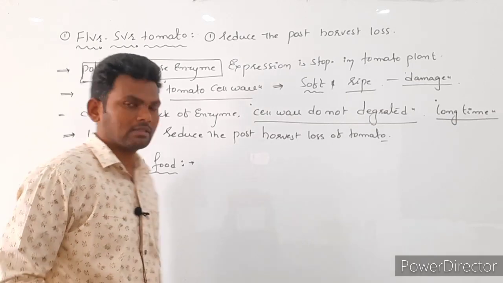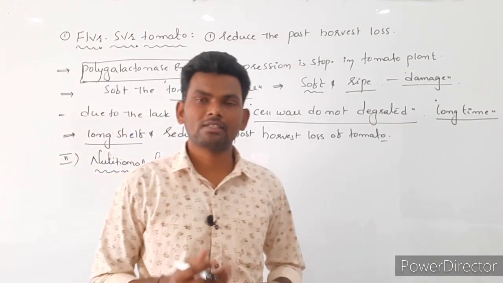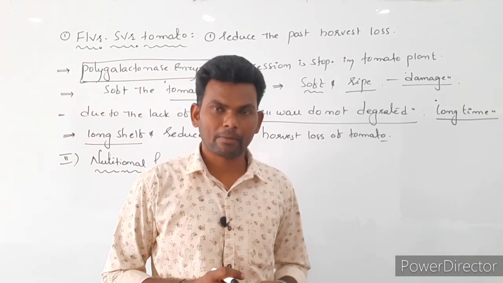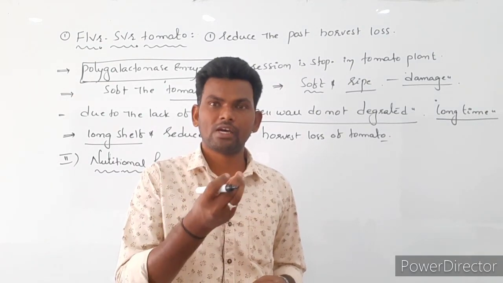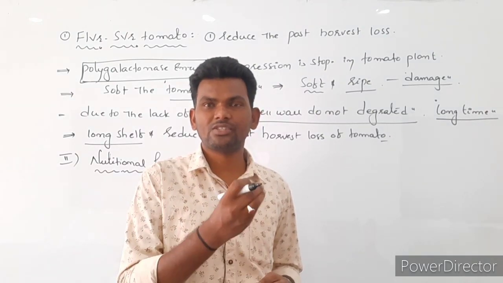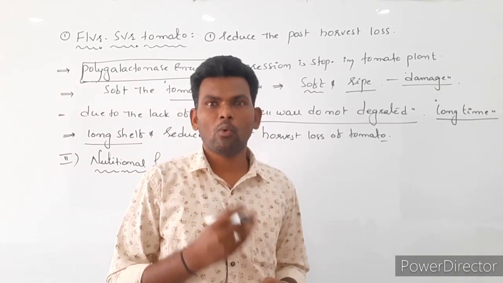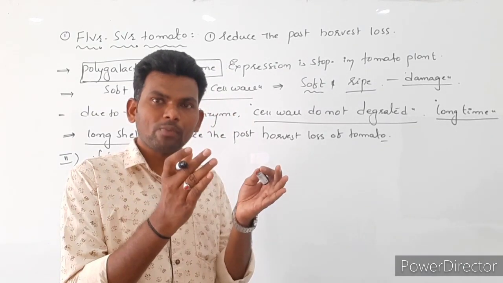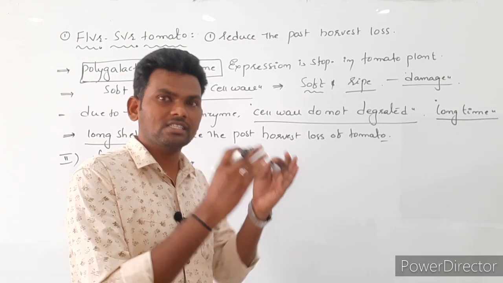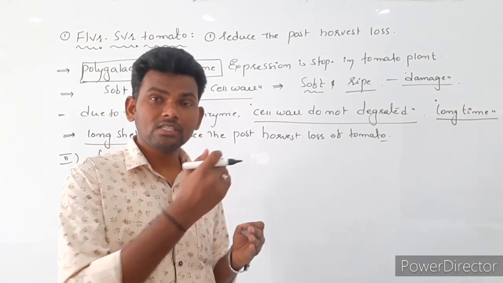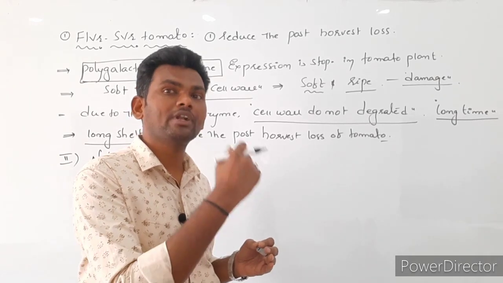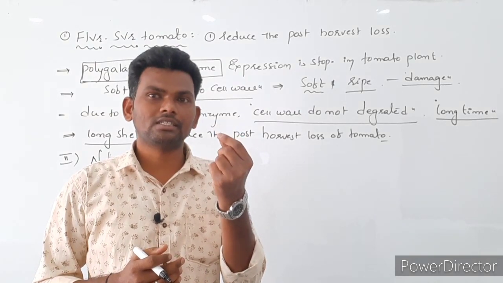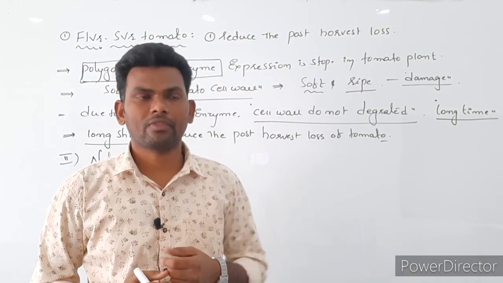Here for nutritional food, golden rice is the best example. The rice is yellow in color, so that's why it is called golden rice. Here 3 genes are responsible for beta carotenoids. These 3 genes are isolated from 2 plants. One plant is daffodil and the second is Erwinia. From these 2 plants, 3 genes are isolated and inserted into the rice plant. Now this beta carotenoid acts as provitamin A. Now each and every seed, like you can see the rice seed, contains a high amount of vitamin A.